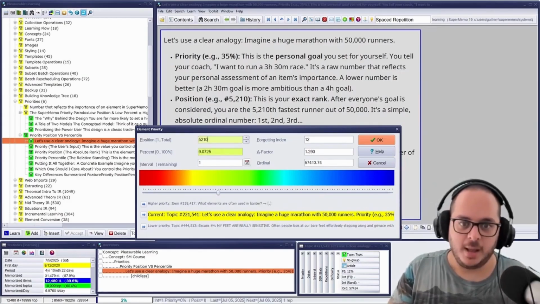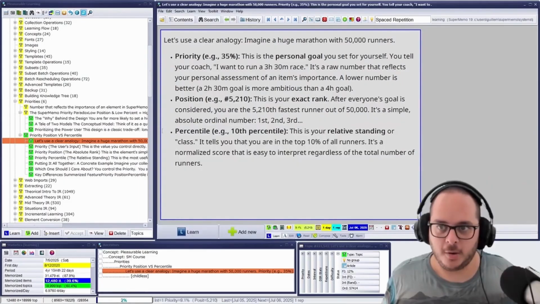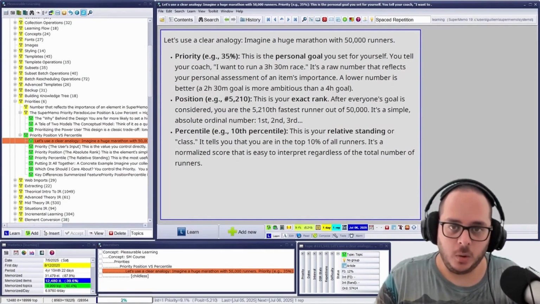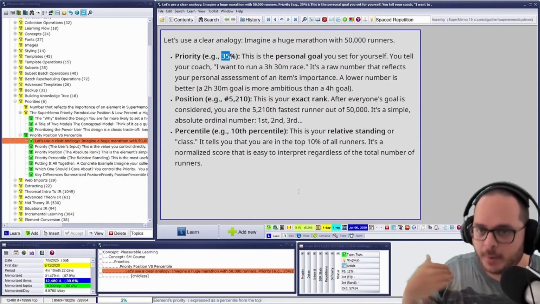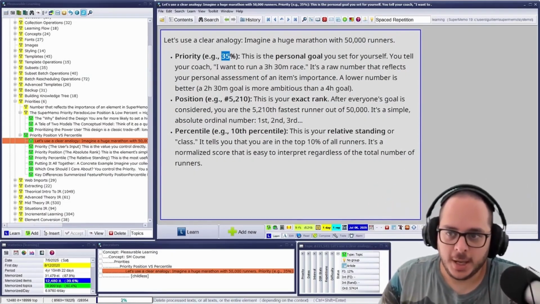5,110, in this case in my collection, equals 9%, because I have more than 50,000. So my goal was 35, and now I'm at 9%. I overperform quite dramatically, right? Awesome. So then we could